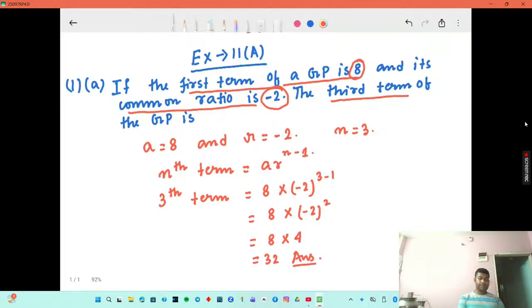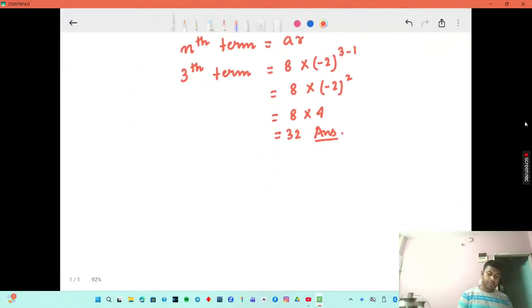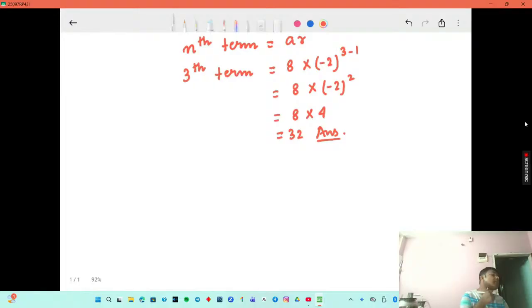Is it okay? So now I will be moving to the next question. Here the next question is given as. So what is the next question given? The next question is given as